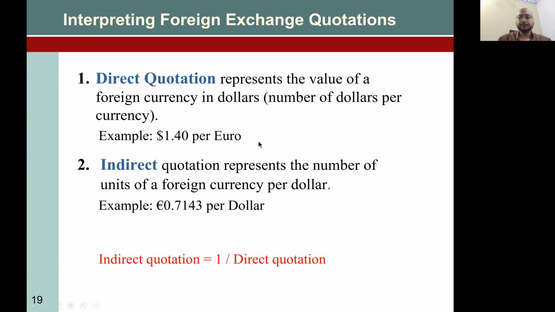Okay. Now let's talk about interpreting foreign exchange quotations. So till now, what we have discussed is the bid-ask rate. What is the bid-ask rate? It is the rate at which a dealer or seller or agent wants to buy from